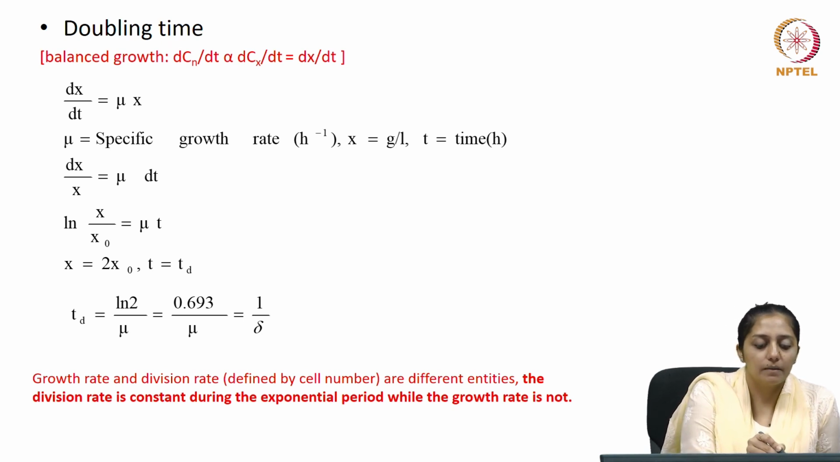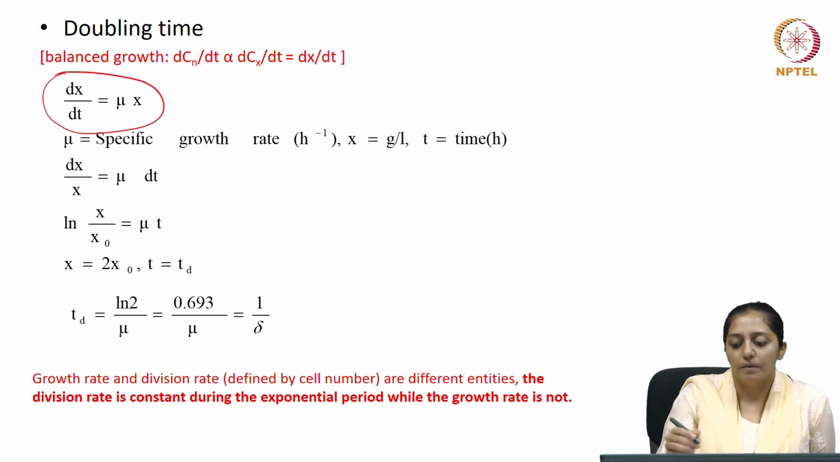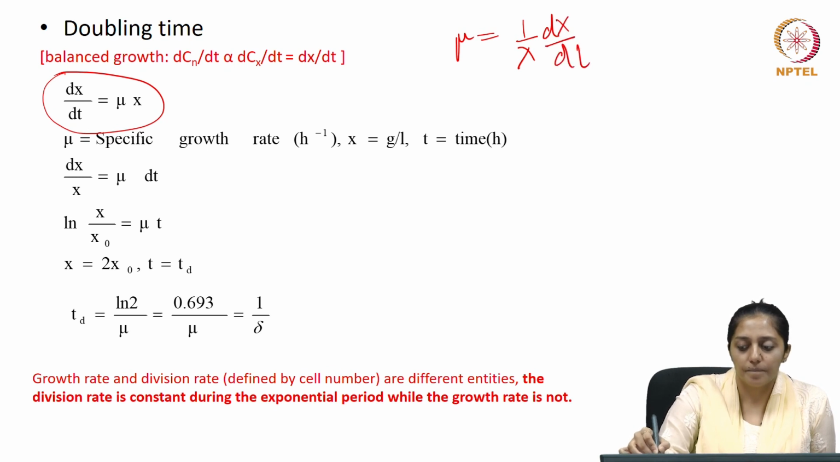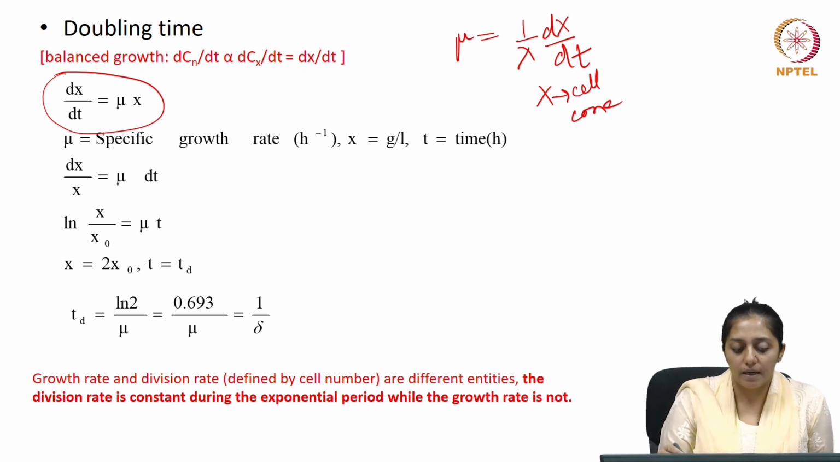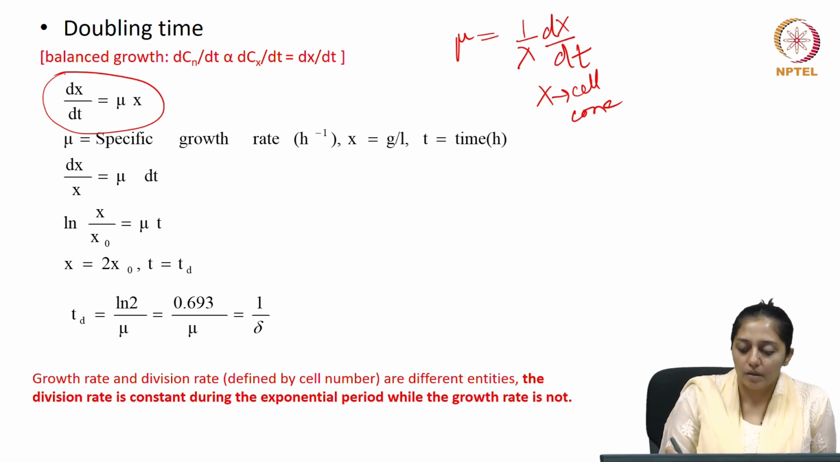I have told you earlier, dx by dt is equal to mu x. Mu stands for your specific growth rate, so it has been normalized with respect to the biomass concentration. Here x stands for cell concentration or biomass concentration. So, the doubling time means the time taken to double the cell concentration, which means that if you integrate this equation and put the limits as x naught to 2x naught,